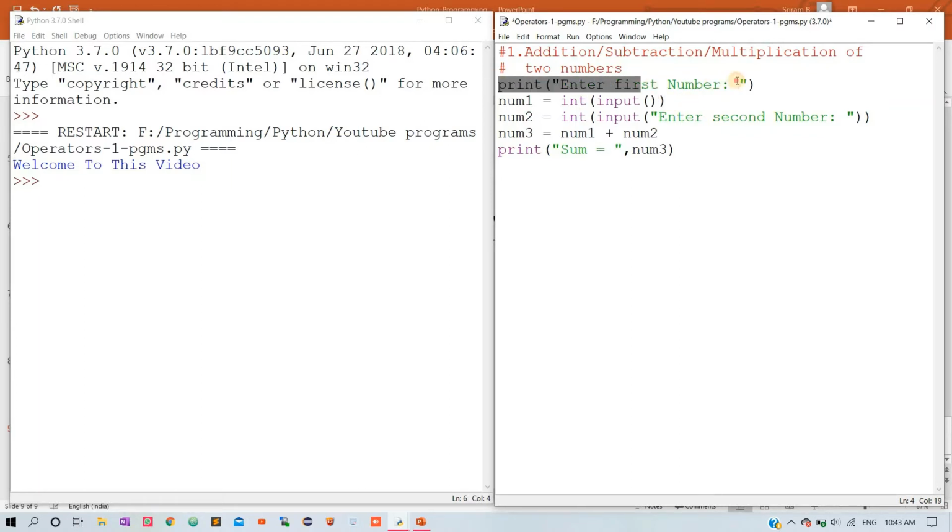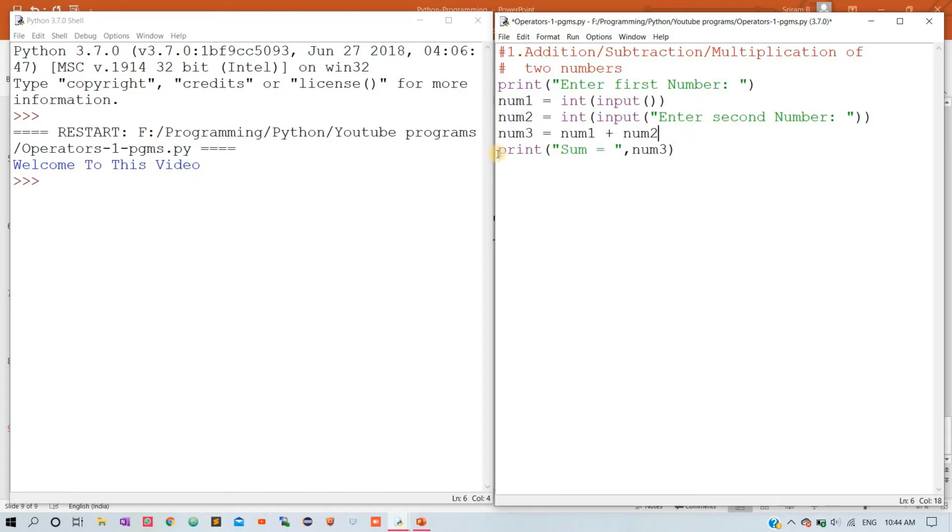And this is just an output statement in Python. Print enter first number. You can either first give a print statement and get the input in the next line, or you can directly use a user prompt in the input itself. As I have given here, you can also put it as enter second number. It will display there and get the input alongside. So in this program, I now get two inputs from the user, and I have kept a num3 variable which adds num1 and num2 and stores the result in num3.